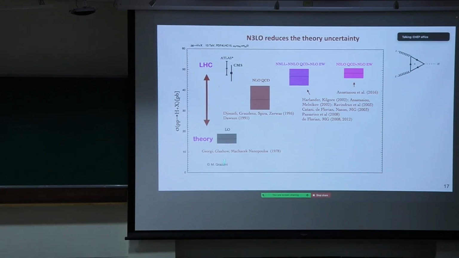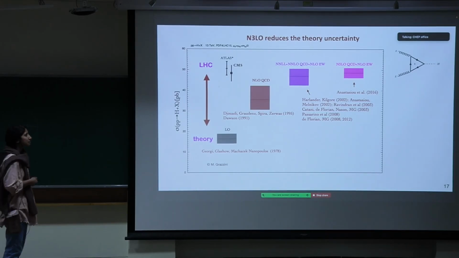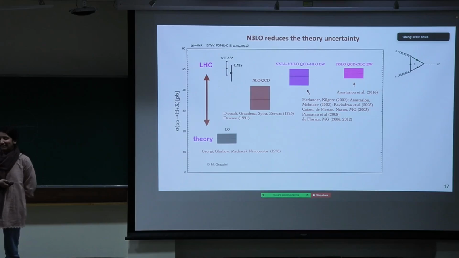So actually, I have taken a plot from Grazzini, so that is why it is MG. From here you can also see another thing: how long it has taken to go from leading order to next-to-leading order. It took almost 20 years to calculate that at the time. Right now that is not the case, but at that time it took that much time. And then from next-to-leading order to next-to-next-to-leading order, it took around another 10 years, and so on and so forth. So this basically tells that the